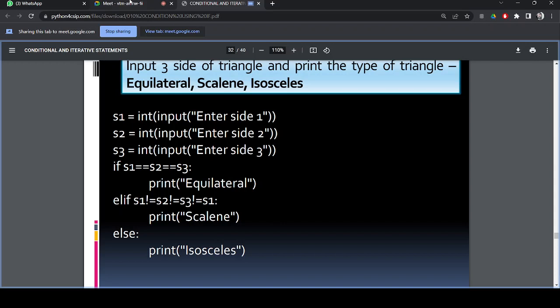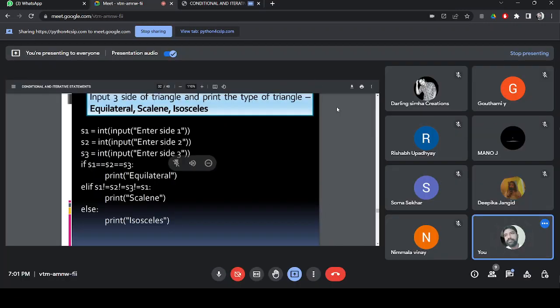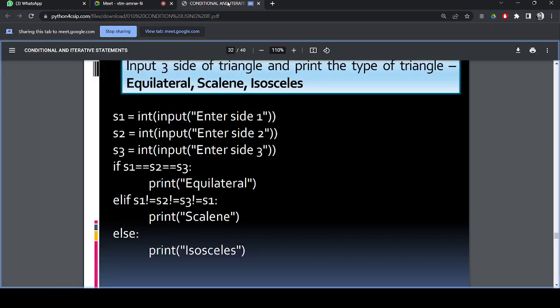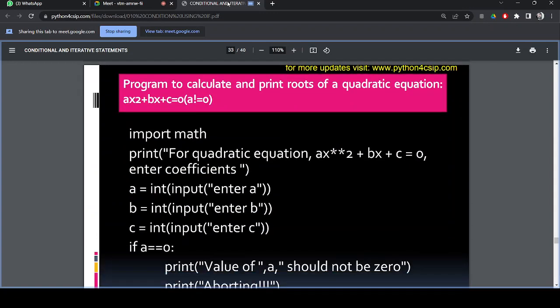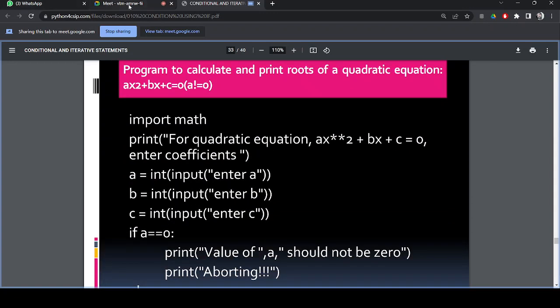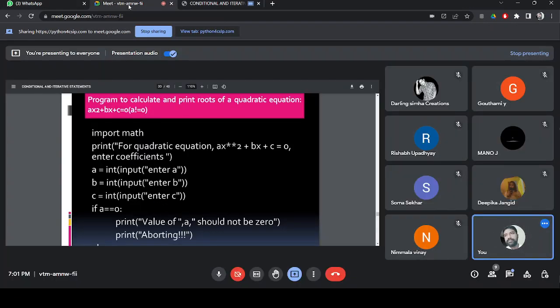If all three sides are equal, it is equilateral, a different type of triangle. If it is not equal, otherwise normally it is called an isosceles triangle. Now, if you don't understand this example also, you can avoid the mathematical example. You can go for business type of examples.